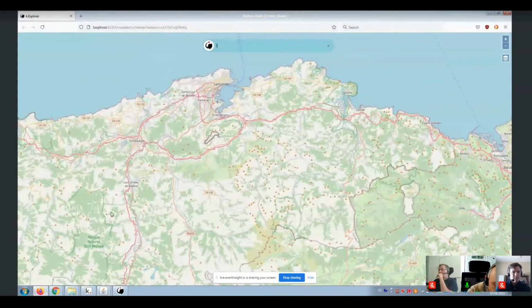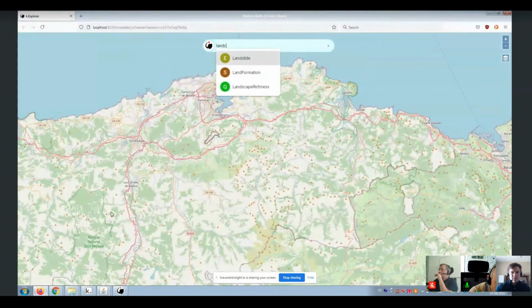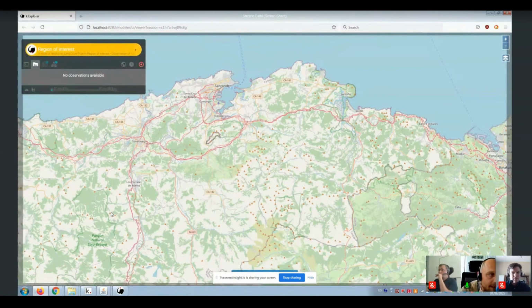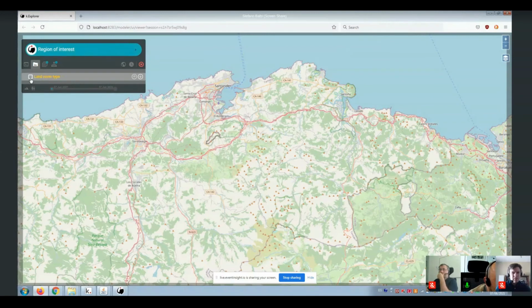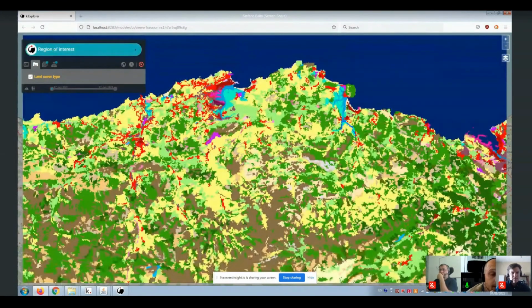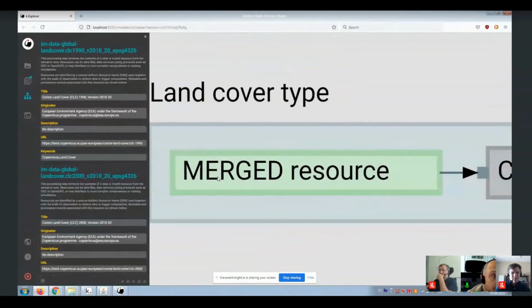So if I search for land cover, the result will be Corine, just like before, and you can see it from the data flow.